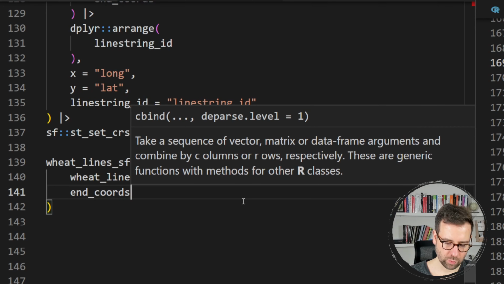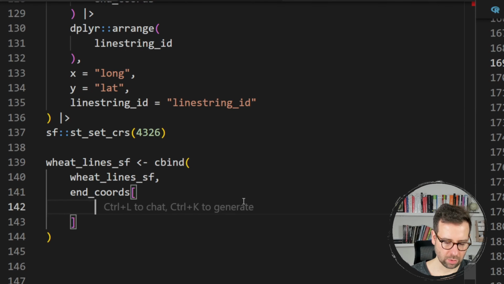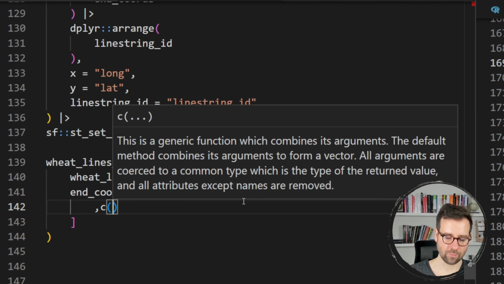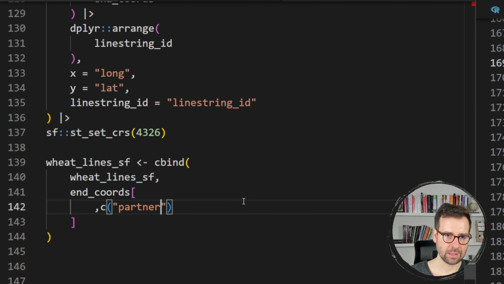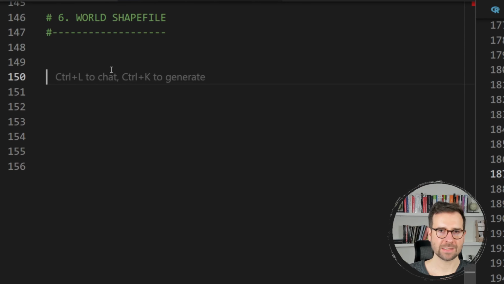But from this one, we don't actually need all of the columns, as I said before. So we need partner ISO, and we also need quantity, QTY. We have the trade routes now in place, and one last thing before we jump into mapping is to get